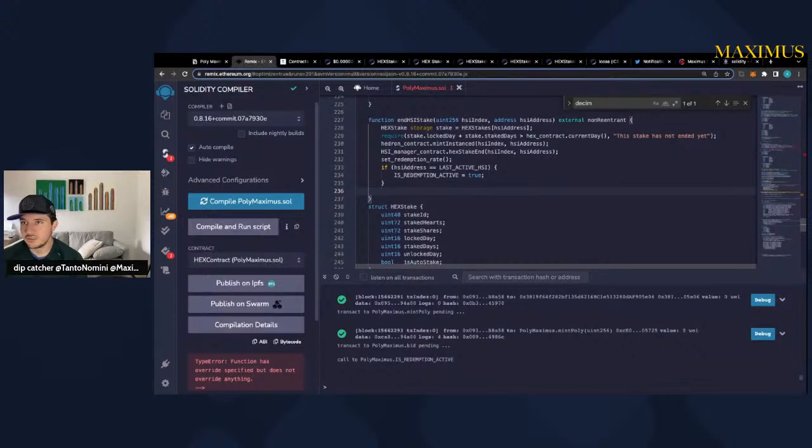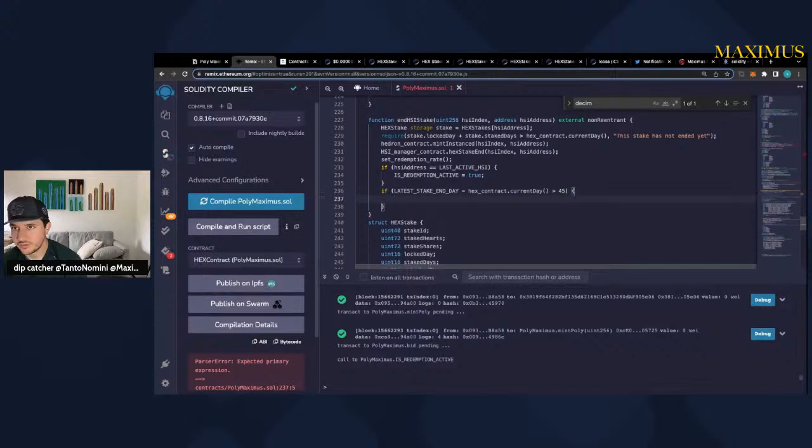So if hex contract dot current day. Okay, so if the latest stake end day minus hex contract current day is greater than, say, I don't know, what's a good minimum length stake that makes sense to roll forward? Maybe like 5 days. We are going to